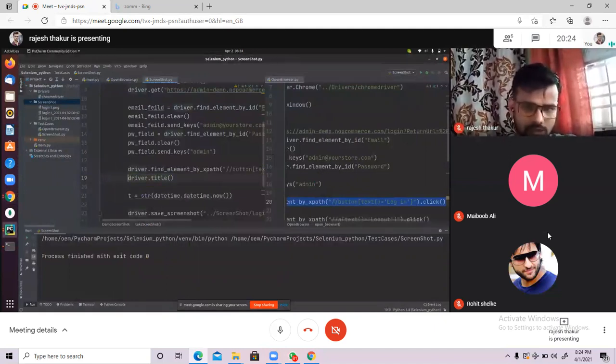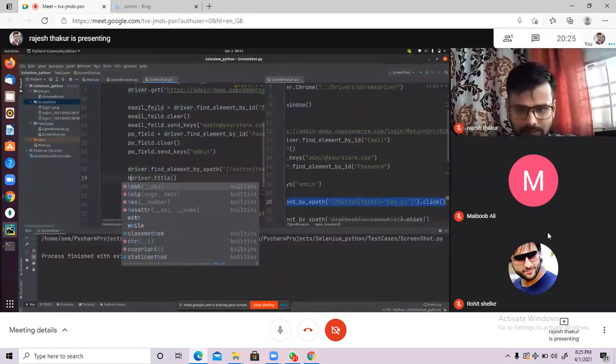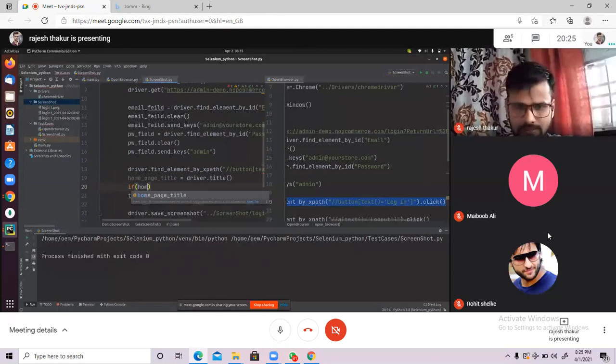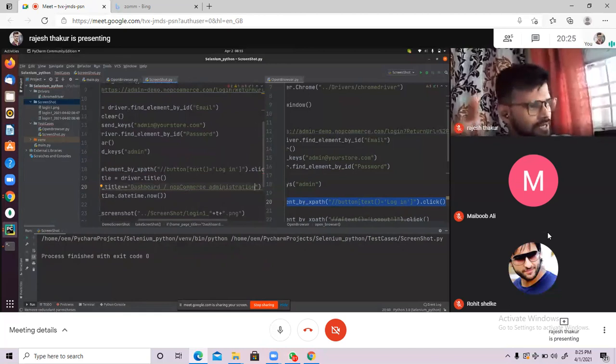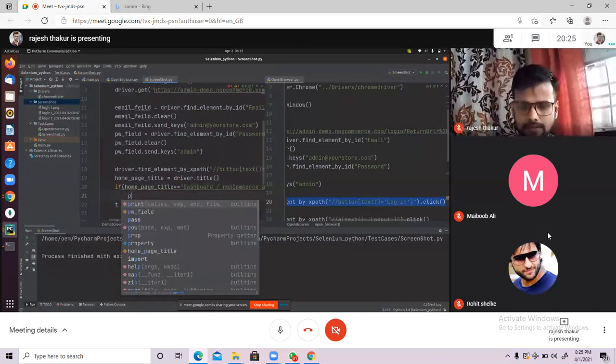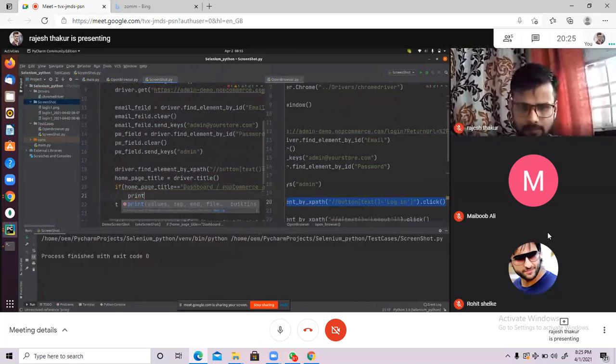Okay, so just store it in home page title, and that's all. It will return the home page title. And now we have to write an if: if home page title is equal to Control V, if home page title is equal to this, then we can print login successful.